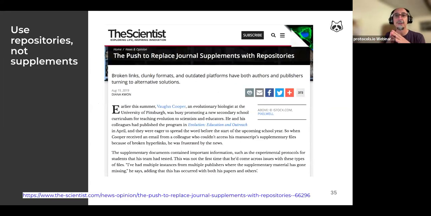So I would like to start by saying that although we are all very familiar with supplementary files and documents in papers, there's been a strong push for a number of years now to move away from supplements by using repositories instead. And this is a really good article in the magazine The Scientist about it. If you are interested, you can read it by following the URL at the bottom of the slide.